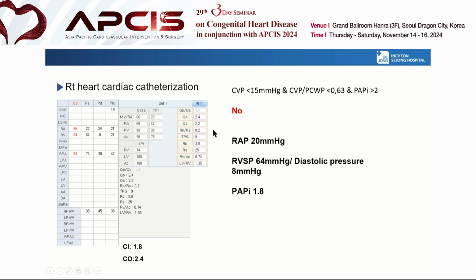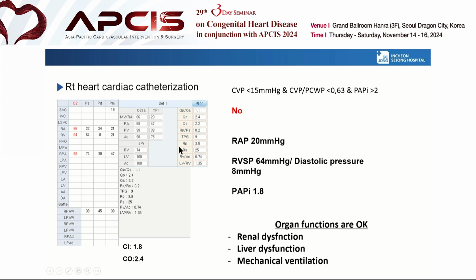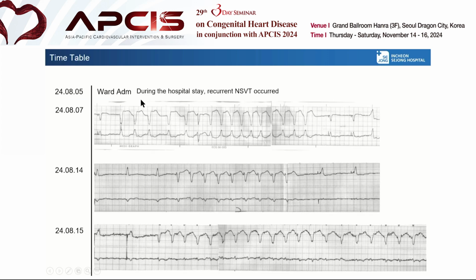However, I thought his pulse pressure of the RV is 64 to 8, so a wide pulse pressure. And he's kind of young, so I thought he could tolerate an LVAD, and also there is no sign of other organ dysfunction like renal or liver, or mechanical ventilator. That was okay. However, he's a marginal patient for LVAD because the RAP was very elevated, and we waited for